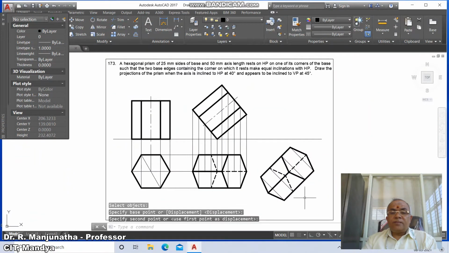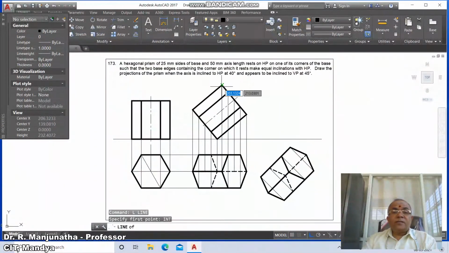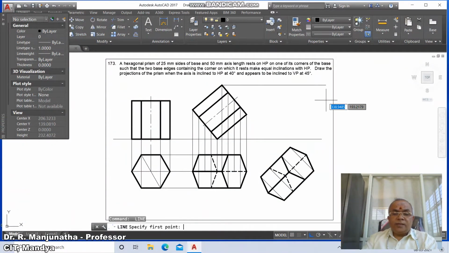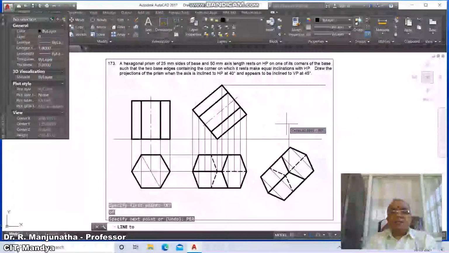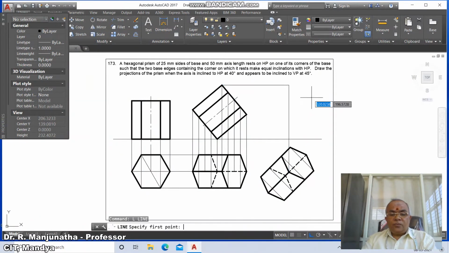then go to move, select this, switch off the ortho mode and take it here. Now you go to ortho mode on, go to line, take int of this and draw horizontal line, similarly line int of this and draw perpendicular to this, then go to fillet between these two,